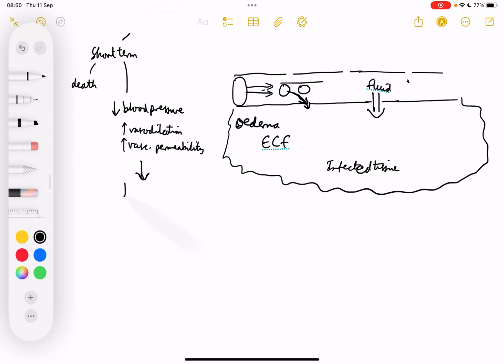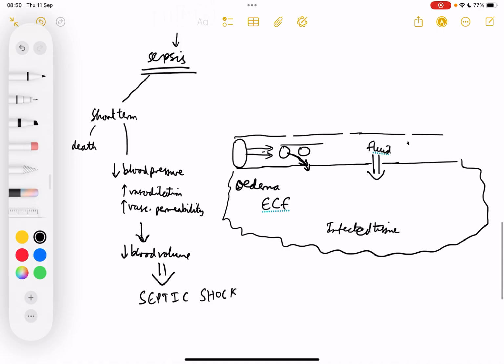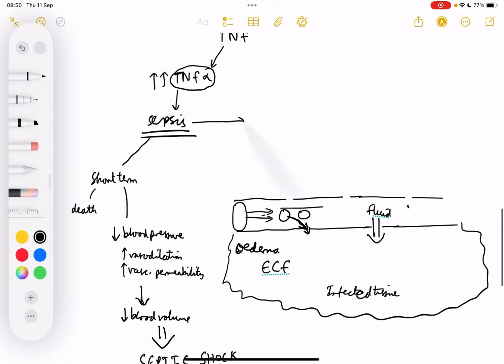So it can cause decreased blood volume, and that leads to, in the end, septic shock. So this might be a reason that you die from it, or it might just be a short-term symptom of it. And long-term, you have